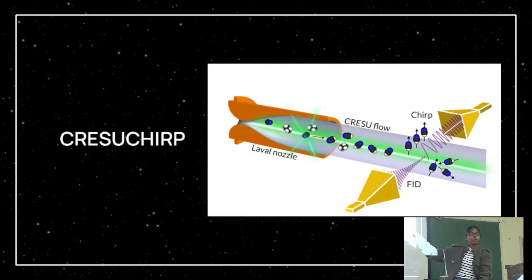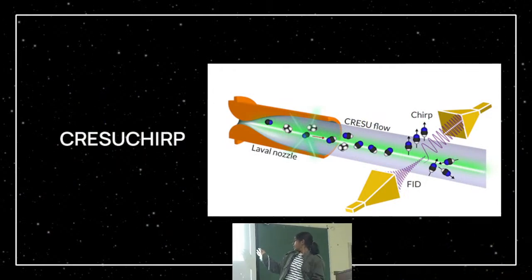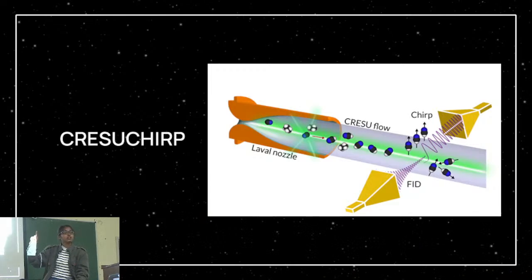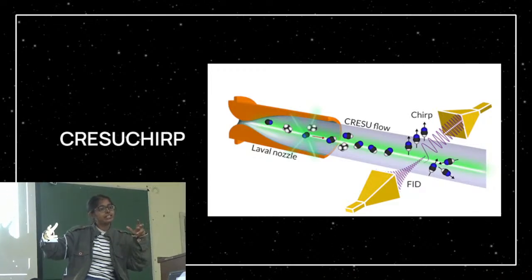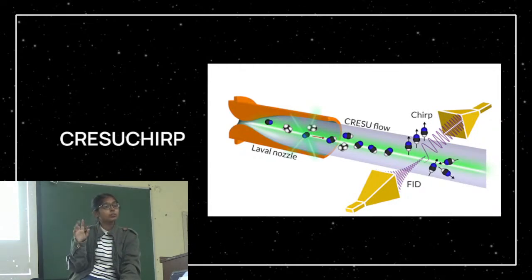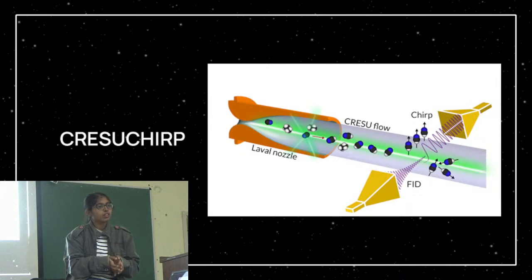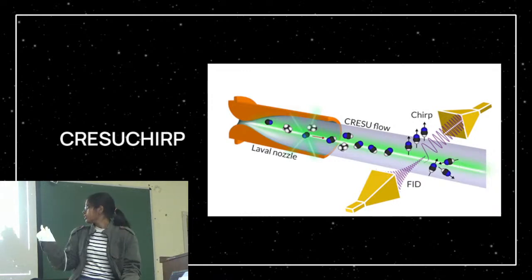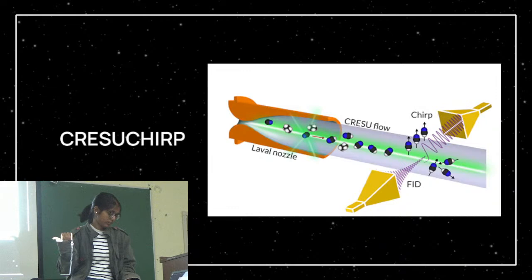You have a larger nozzle, you have molecules out there, reactions happening, and then you have these microwave horns I was talking about. Those two tables are on both sides of this thing. On one side you emit the pulse, the molecules absorb it, you switch off the pulse, and you wait for the molecules. Everything is really fast. The FID comes, you record it using the other horn, and then you step it down again to AC frequency so that you can record the data on your computer. So this is what the crystal is.